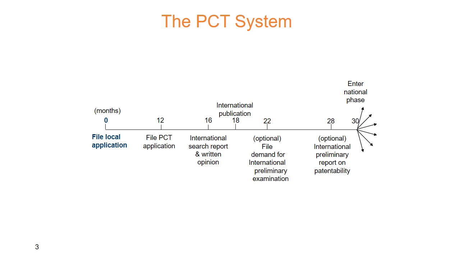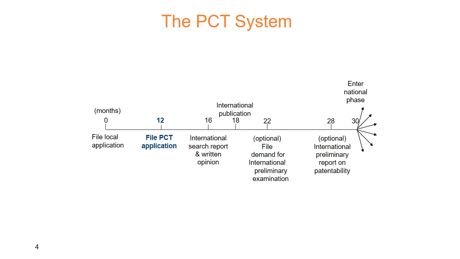First we have to file the local application. For that, the applicant first needs to file the patent application in the home country. If there is no home country, they have to check whether their relatives or anyone else is in their home country, and then they can file the application in their name. That is the main thing for the PCT system. Typically it is a national patent application in the home country of the applicant, which is then processed through the Patent Cooperation Treaty system.